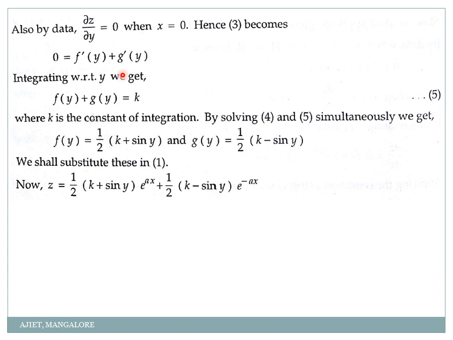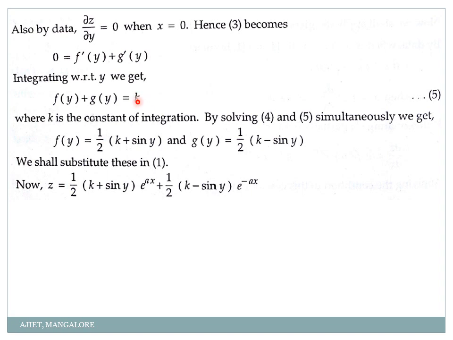You cannot add or subtract as we did in the previous two problems, correct? So in order to add or subtract, both should have same variables. If you have f of y there, here also you should have f of y. But here I have what? F dash of y. So what can I do? How can I remove this dash? By integrating. Proper? So I will integrate this with respect to y. So integration of f dash of y is f of y, g dash of y is g of y, and integration of constant is constant plus k. I mean integration plus some constant should be written, that is equal to k.